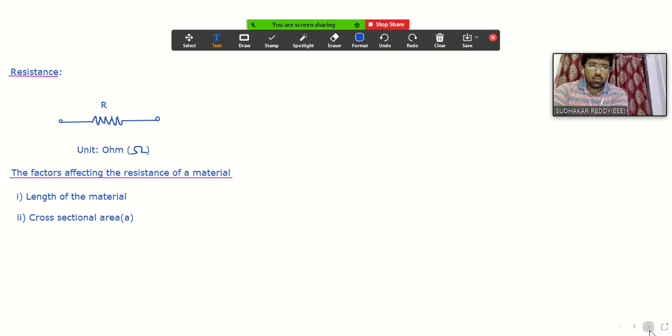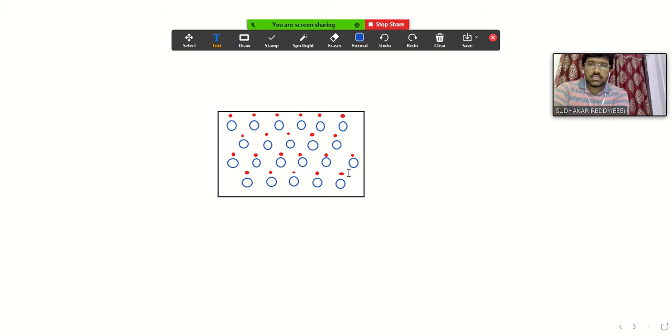Now again I will consider one more conductor. Its cross sectional area is very high compared to the previous one. Yes or no? I can observe here. So this is my cross sectional area. Now what I'm doing is increasing the cross sectional area. If the cross sectional area increases, what happens to the resistance value? We can analyze in the same manner as we analyzed for the length of the conductor. If cross sectional area increases, then definitely the number of collisions made by a particular free electron will decrease. There is no doubt, you can observe here.